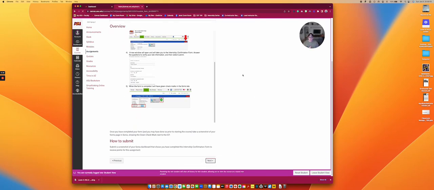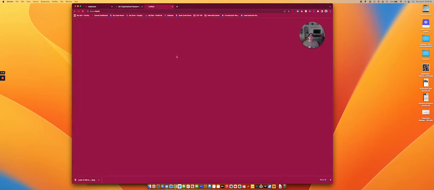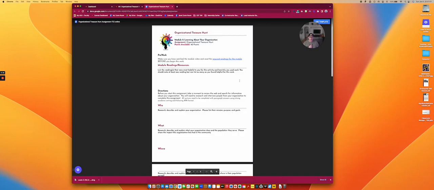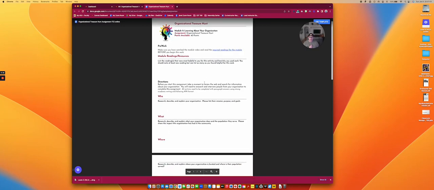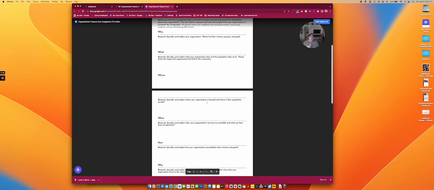Moving on, your organizational treasure hunt. This is going to be one of the templates that you are probably intimately familiar with from the last course. One note I do want to give you on this is please make sure that you are using robust responses. This is not a worksheet. Think of this as a paper, but you are using this to guide your thinking and really dive deeply into the who, what, where, when, and why of your organization, what it's going to offer,